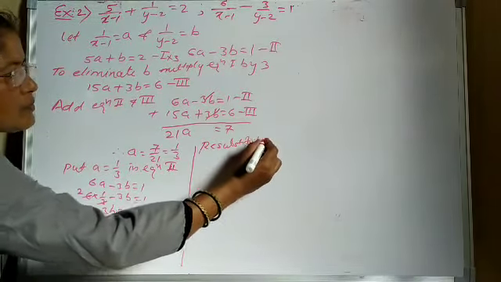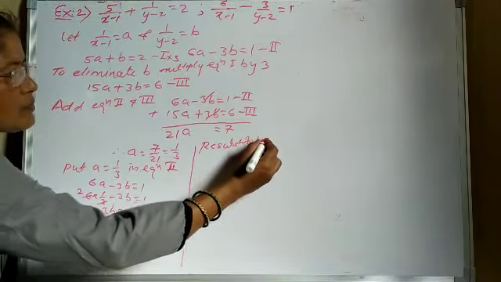Now similarly you have to get the value of b. Put a is equal to 2 in any one equation, either 3 or 4. So we'll put it in equation 3. So a plus b is equal to 3. In place of a, what will we write here? 2. 2 plus b is equal to 3. So b is equal to 3 minus 2, which is 1. So the value of b you got here is 1, and the value of a is 2. So rewrite it for a and b. So a is equal to 2.